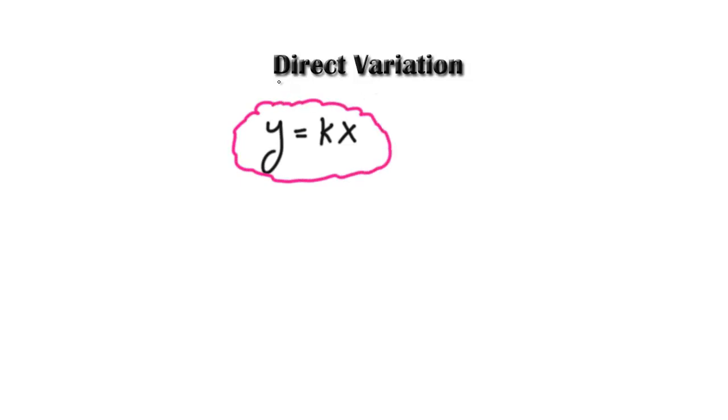Welcome back, everyone. For this lesson, I'll show you what a direct variation equation looks like. Let's say you have the equation y equals kx. Whenever you have this, it is called a direct variation equation. So this whole thing is called a direct variation equation. Whenever you can write an equation in that form, where k is not equal to 0, then